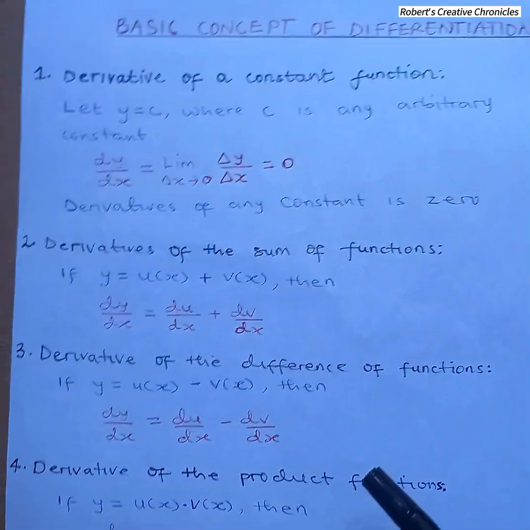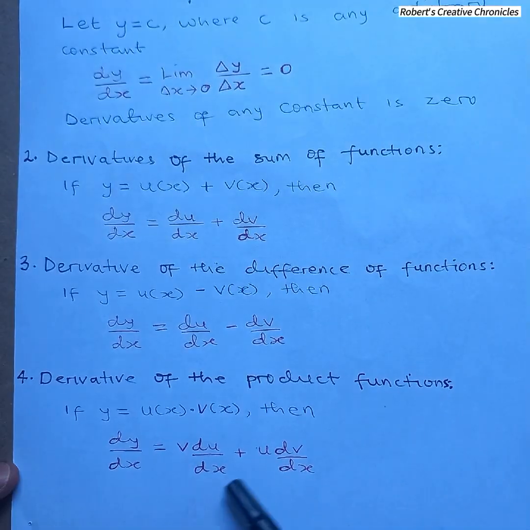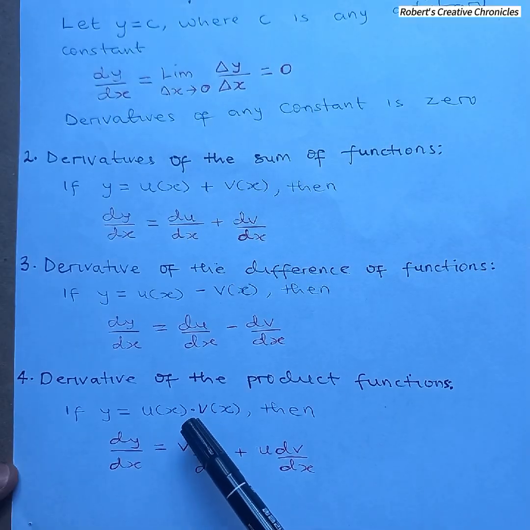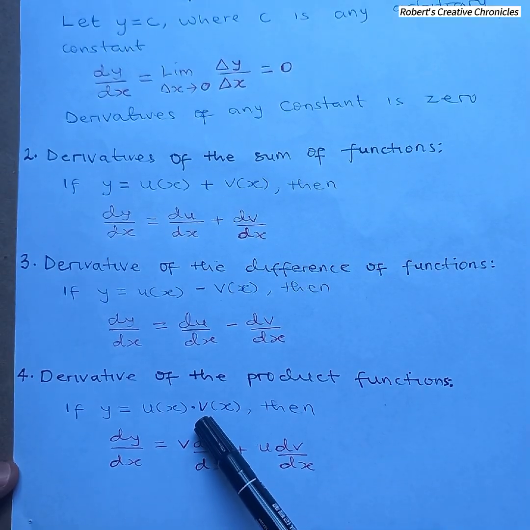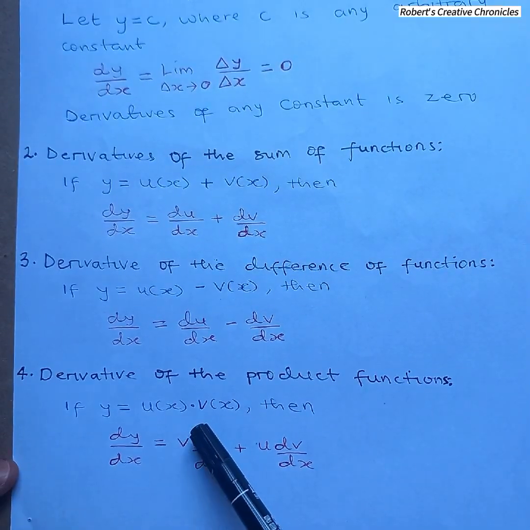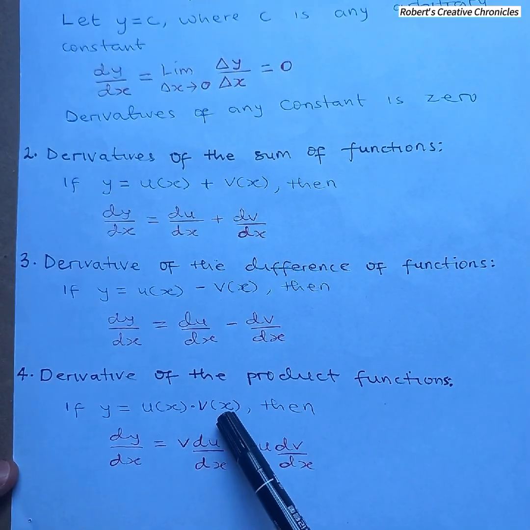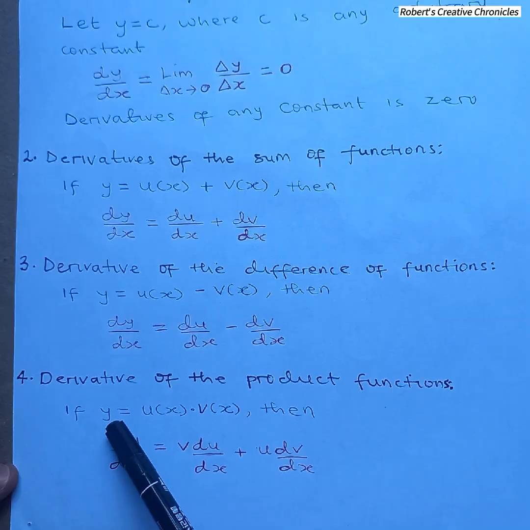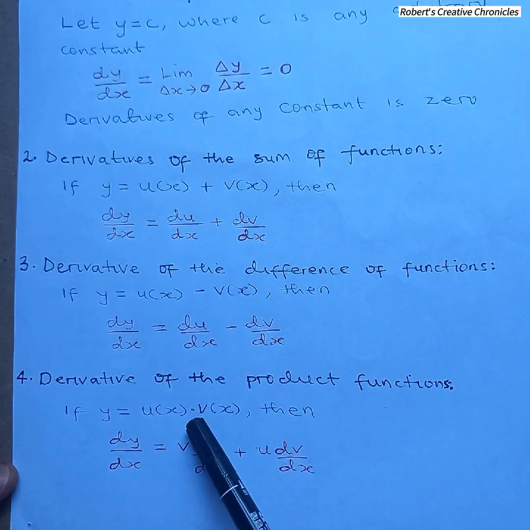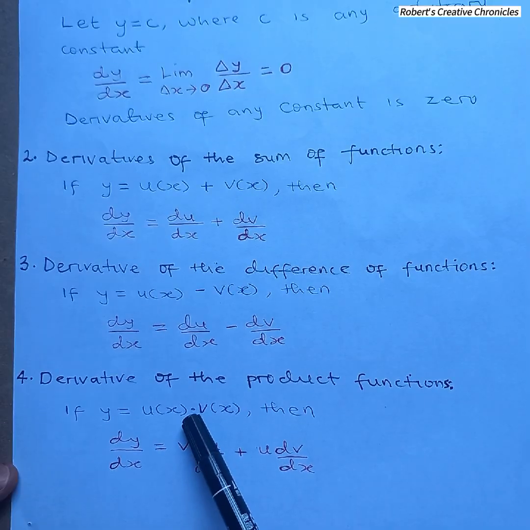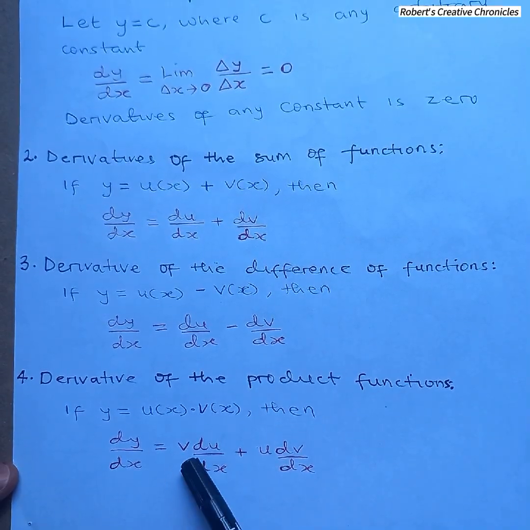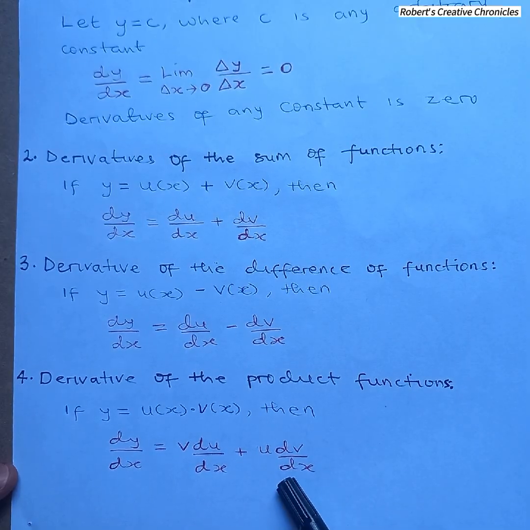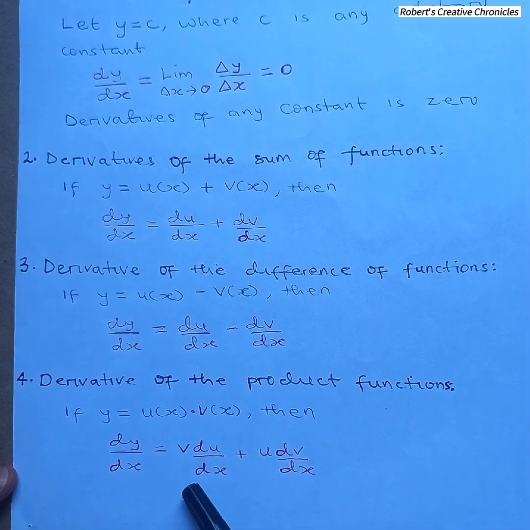Now, the fourth concept, derivative of the product of functions. This one, you meet several functions that are products. You cannot escape this one, especially this one. You will do many differentiations that are products. And the way to do it, if y equals u of x multiplied by v of x, this dot is multiplied, then dy over dx equals v du over dx plus u dv over dx. So this one simply means that